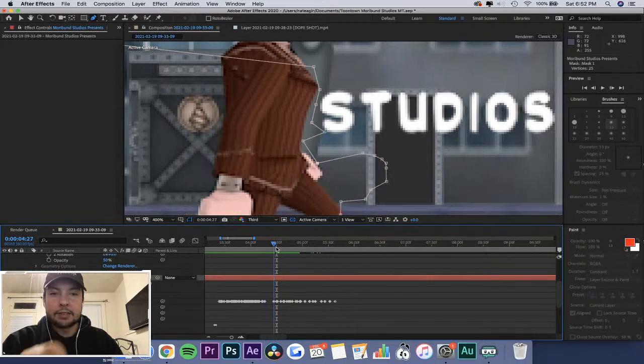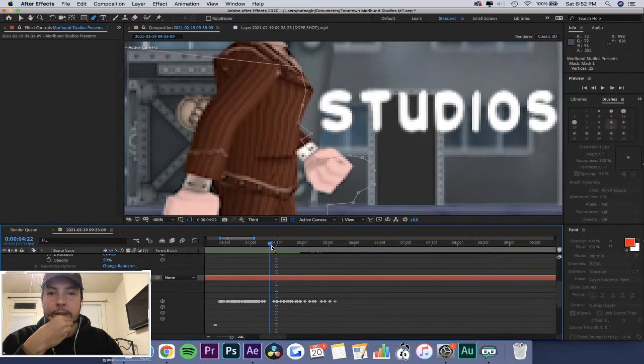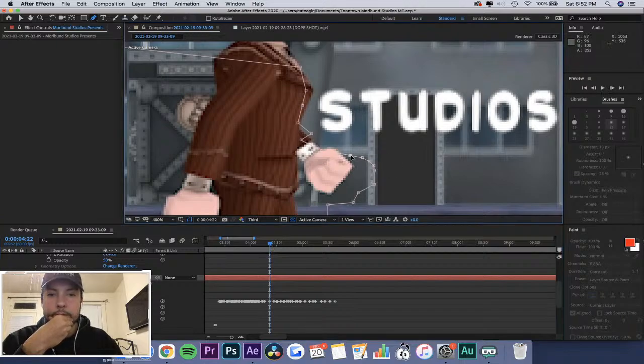Oh, yikes. I just realized about that text right there. God damn it. This is a masking disaster. Definitely don't replicate what I'm doing here.